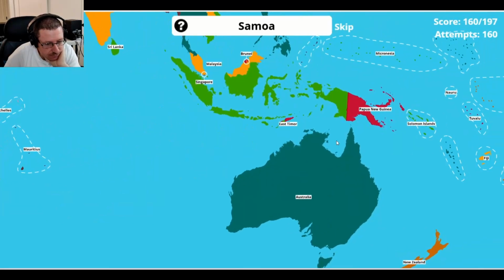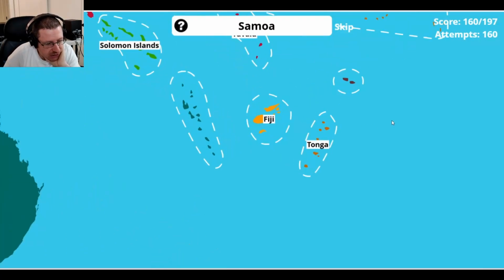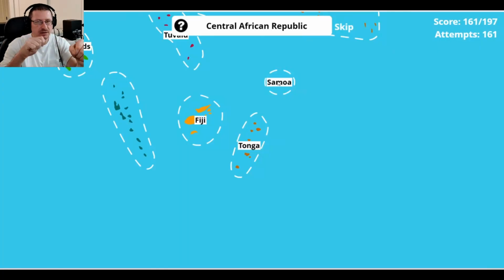Samoa. Okay, so if we go over here, there's Fiji, Tonga, Samoa is right here. There's also a country right next to it called American Samoa. So Samoa, it's known for its like tattooing thing. I guess the English word for tattoo derived from a Samoan word that meant tattoo. Right next to it is American Samoa, and that's the fattest country in the world. Like 70% of its adults are obese.